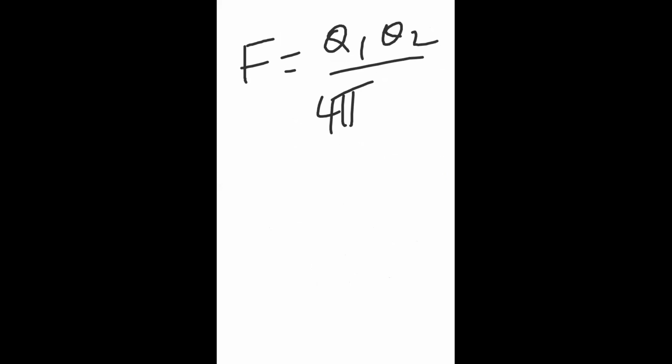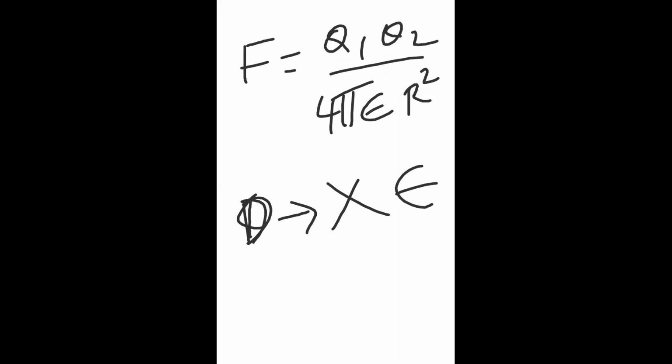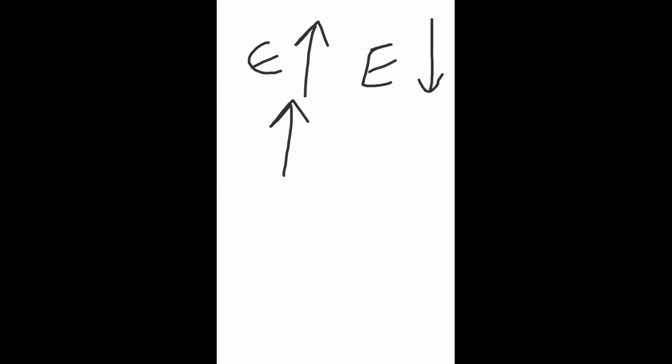And then finally, we have concluded that the force between any two charges depends on the charge value and the distance between the charges, 4 pi epsilon r square. And we have seen one more thing, that the parameter D is independent of epsilon, whereas the electric field depends on epsilon. As the epsilon value increases, electric field decreases. The more the permittivity value, the lesser will be the electric field.